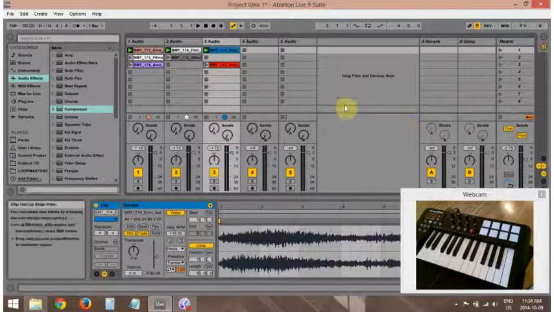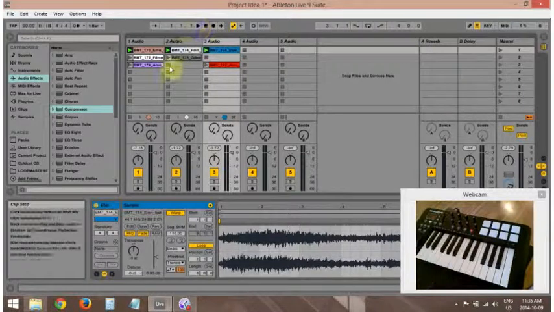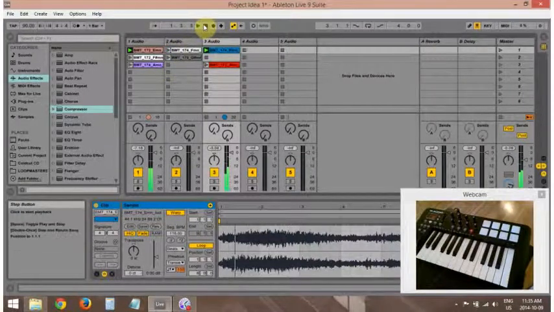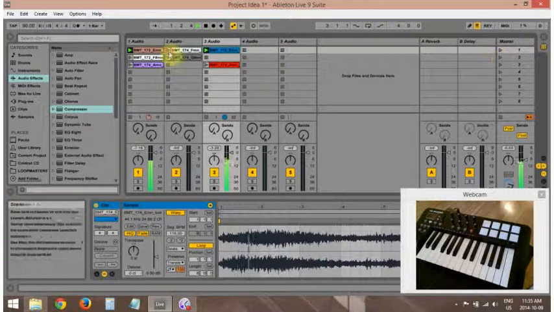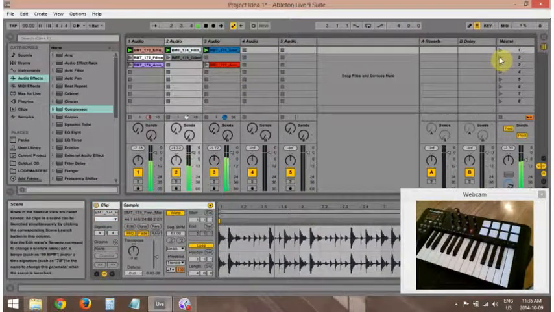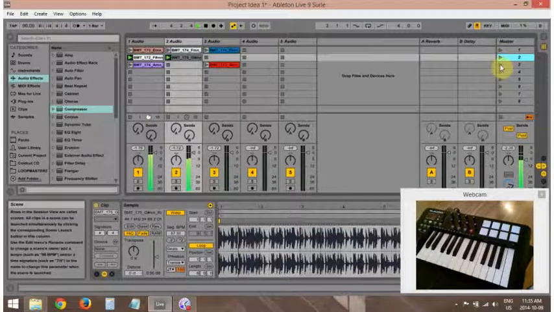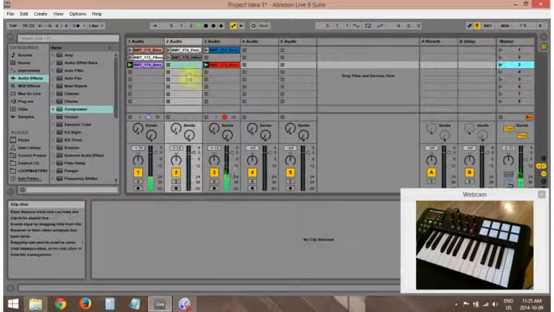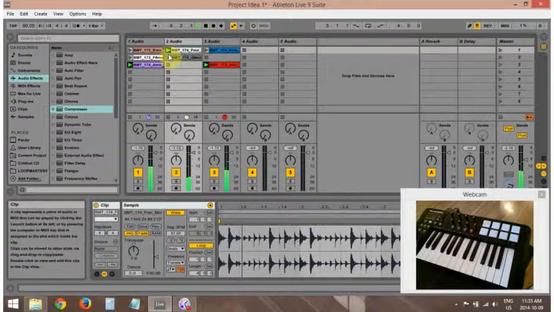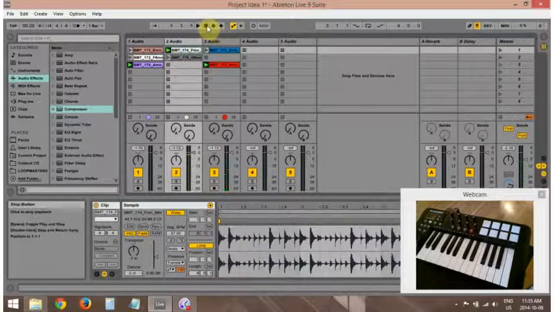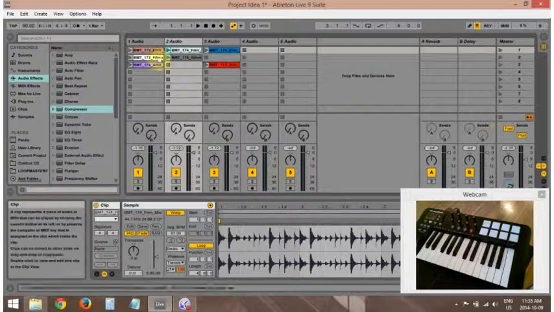Now, when you're ready to record and you have an arrangement down, typically what I like to do is I like to kind of jam it out, maybe play through to see what my arrangement is. For instance, I might not have that one play, I might just start with this, just kind of have it playing through, add in some drums, check to see what the next line sounds like, a little breakdown, bring back in the drums. But once you know what you want, remember that you have this button over here, stop all clips,